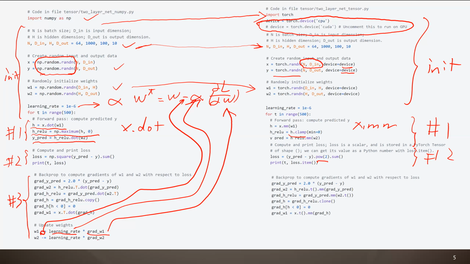Number 3, we can see what's going on here. Okay, so this is basically the same, right? So this is just the product, and the transpose in NumPy we use dot capital T. In PyTorch we use dot T parentheses. Then dot product, if you remember, dot product is here. Then dot product